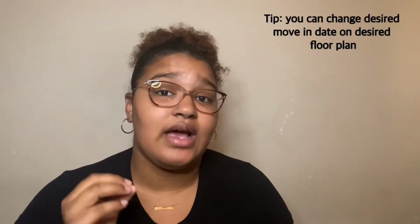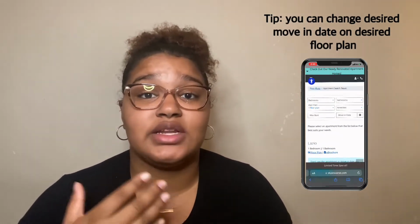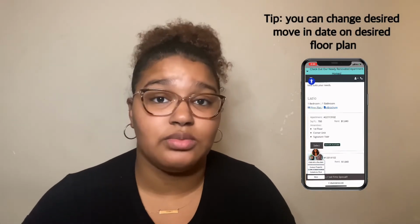Great tip is that on the actual website of the apartments, you can change the move-in date on a selected floor plan that you're interested in to see if they have any available around that move-in date. If you're looking for immediate, they're normally going to give you those straight out the gate. But if you're looking at way in advance like I did, which was 3 months in advance, 2 months in advance, then you can actually change it to the move-in date that you want